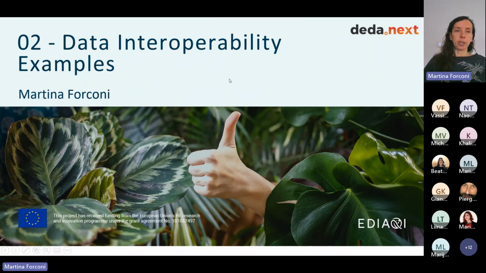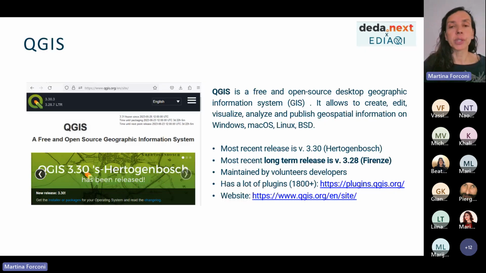I will talk a little bit about some data interoperability examples. First, I introduce QGIS, a free and open source desktop geographical information system with which you can create data, visualize, and publish.